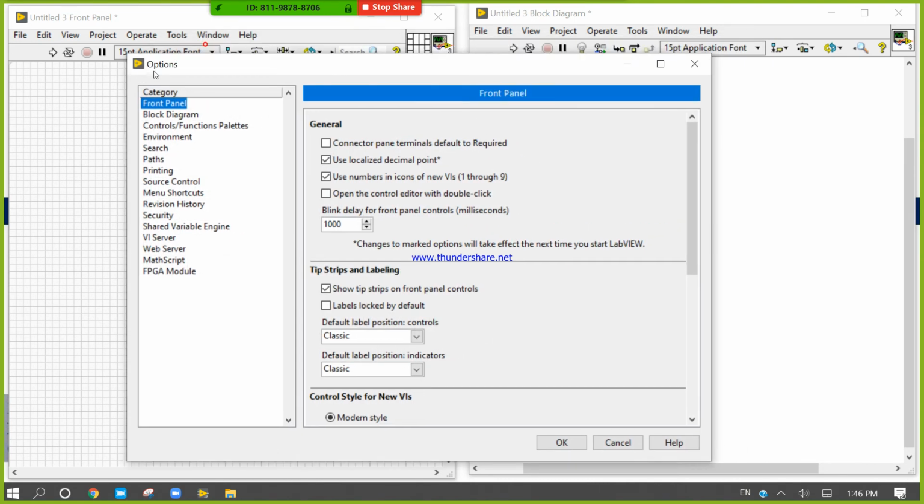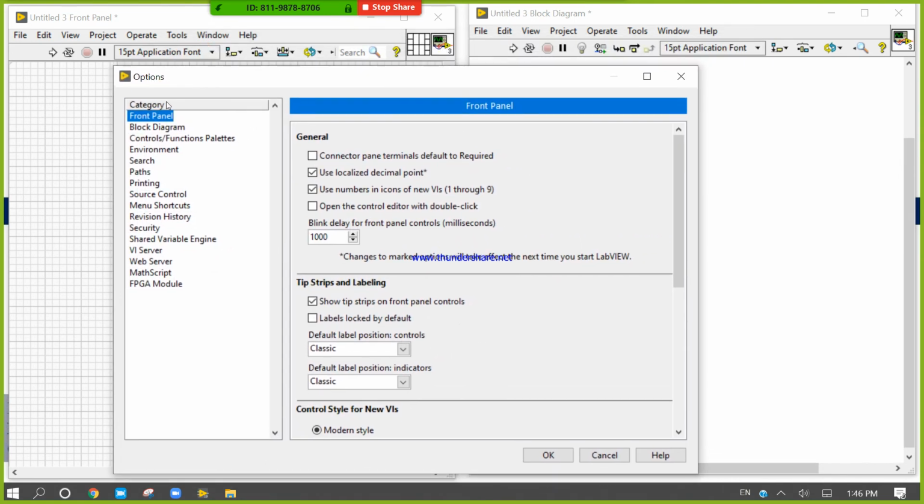If you click on options, the options window will open. In the options window, you will get categories. In the categories, the first one is the front panel. So this grid, I don't like this grid.